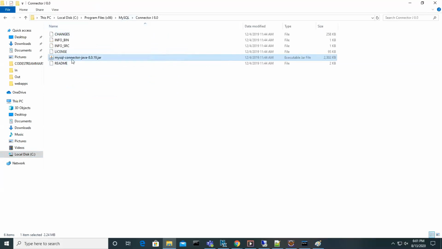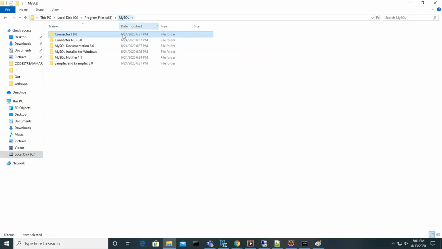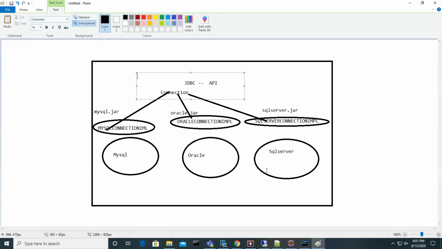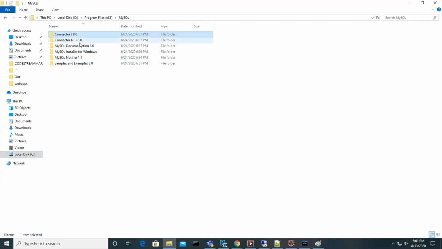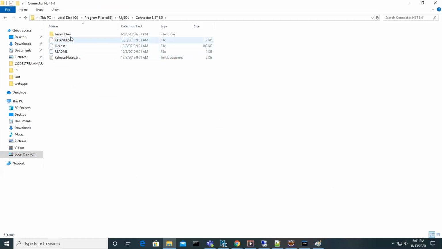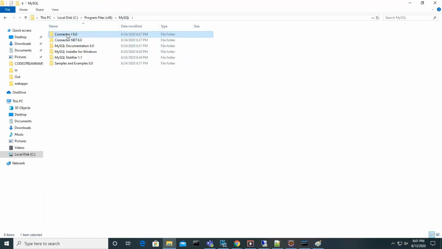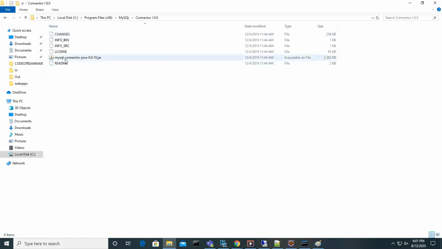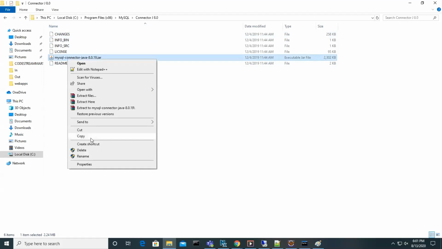Can you see the jar file? Yes, jar, sir. So this jar file is what you need if you want to get a connector, like I explained here, mysql.jar. The respective connector, if you are working with .NET, is again a different library. But as we are working with Java, we have the MySQL connector for Java. So this is the jar file, guys.